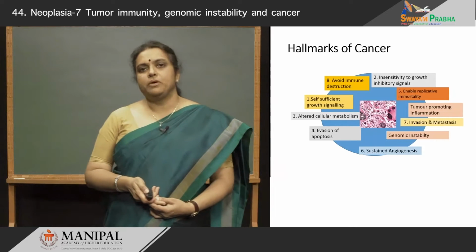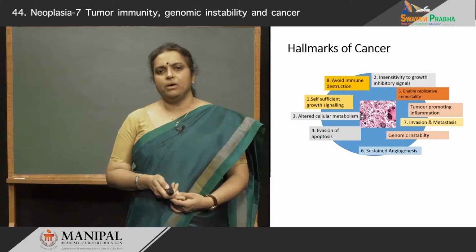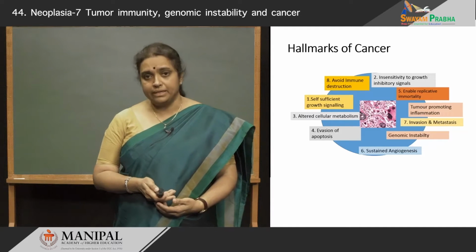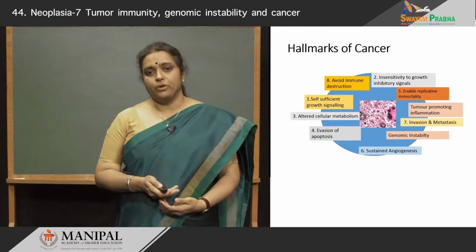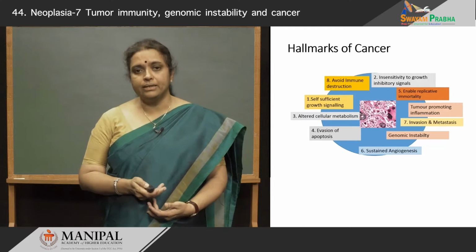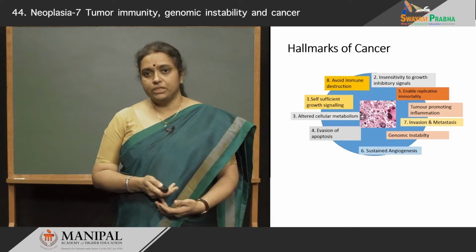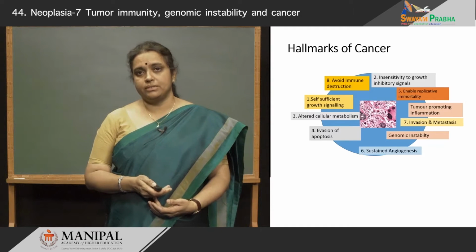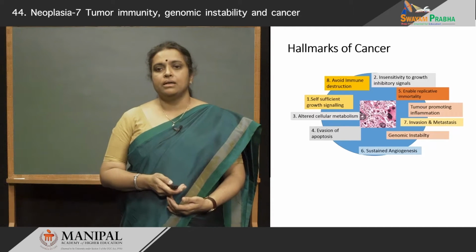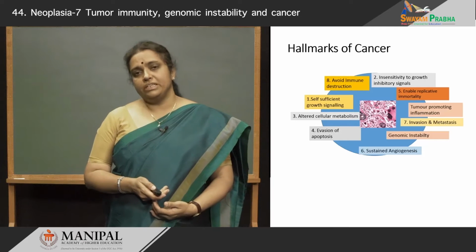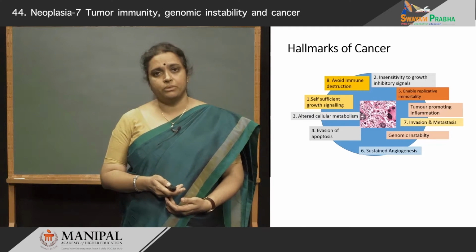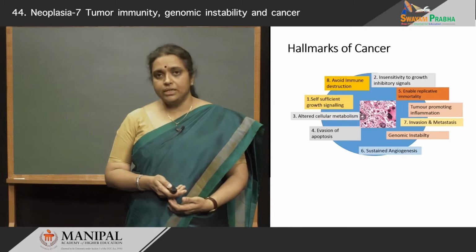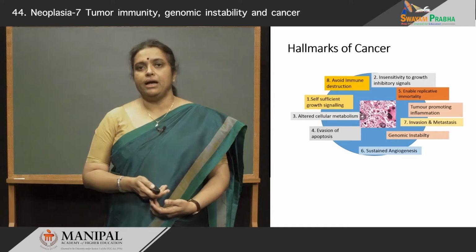Now, we have already talked about the hallmarks of cancer, how these various characteristics of cancer cells define cancer, most important being the self-sufficient growth signaling, the insensitivity to growth inhibitory signals, the tumor suppressor genes, and how viral oncogenesis is dependent on these genes. And we have also talked about invasion and metastasis, one of the most important hallmarks of cancer. We have talked about sustained angiogenesis, and today I will be talking about